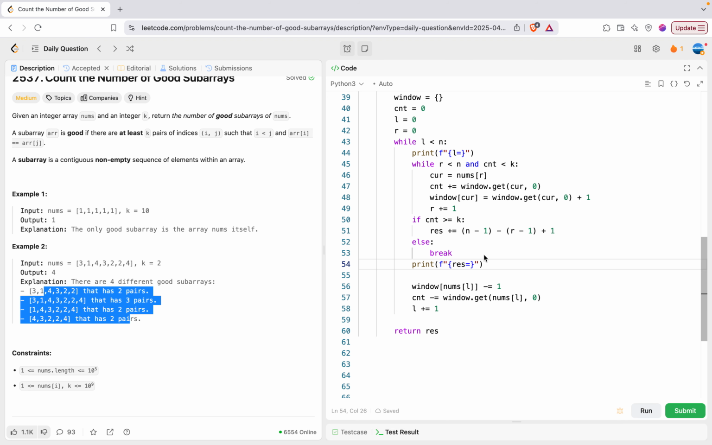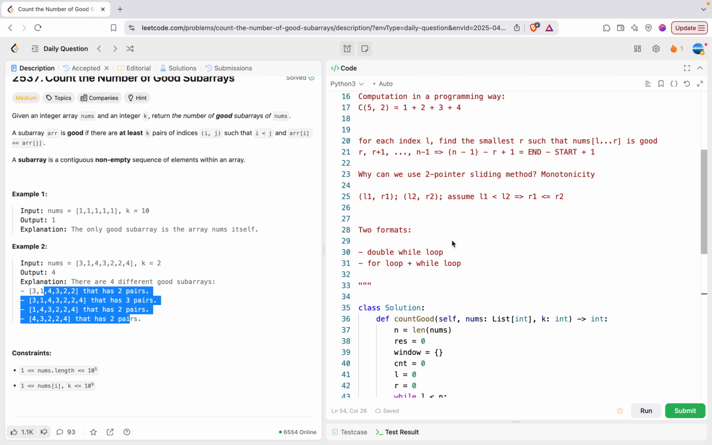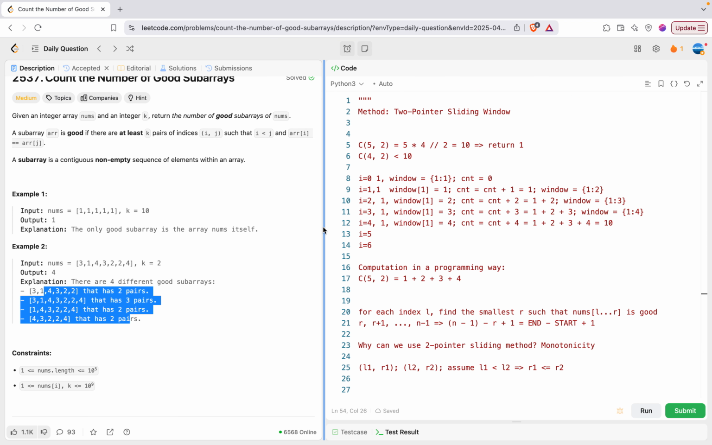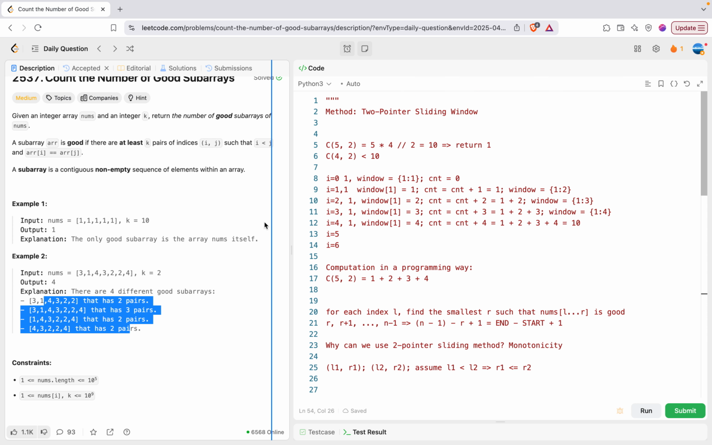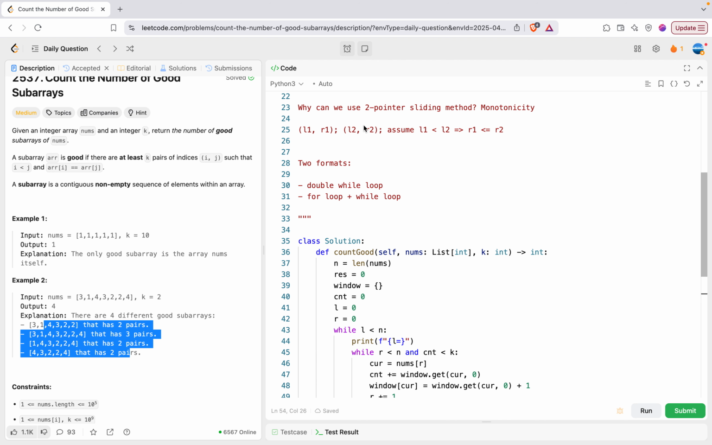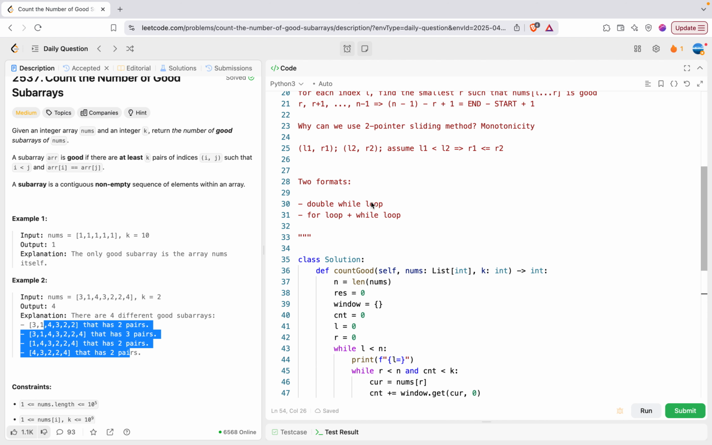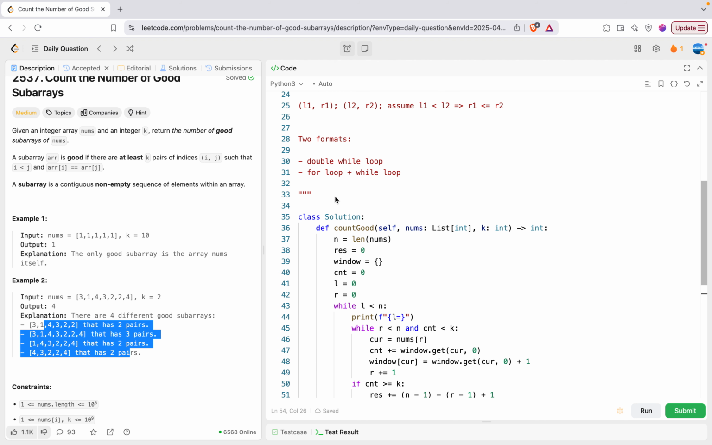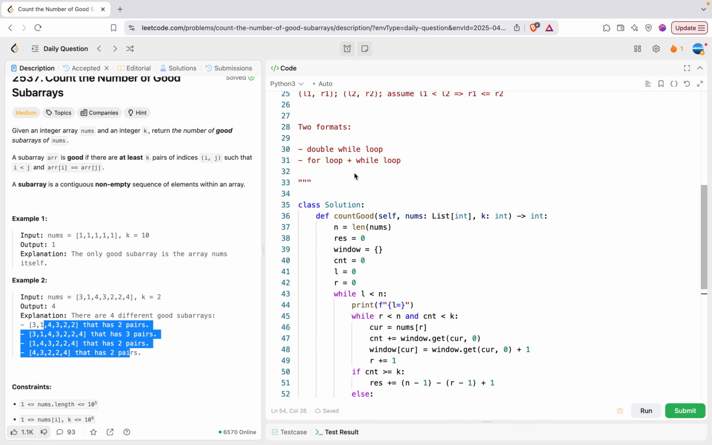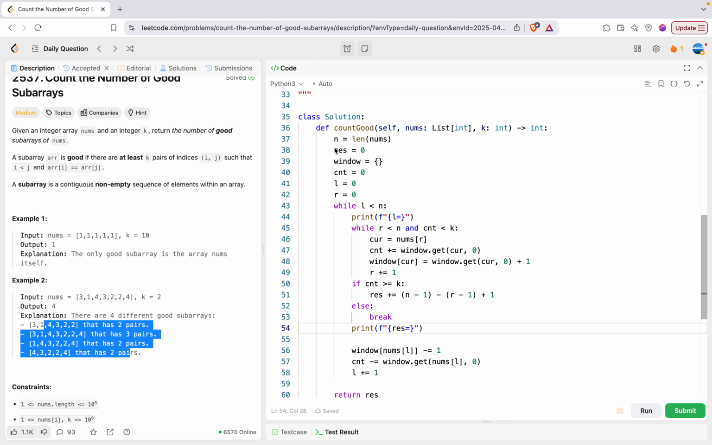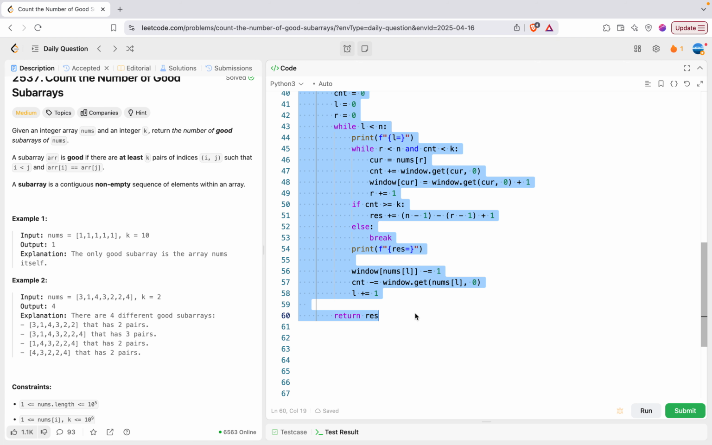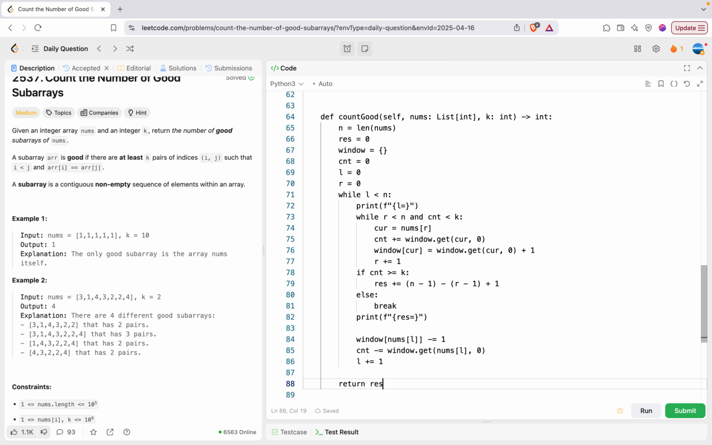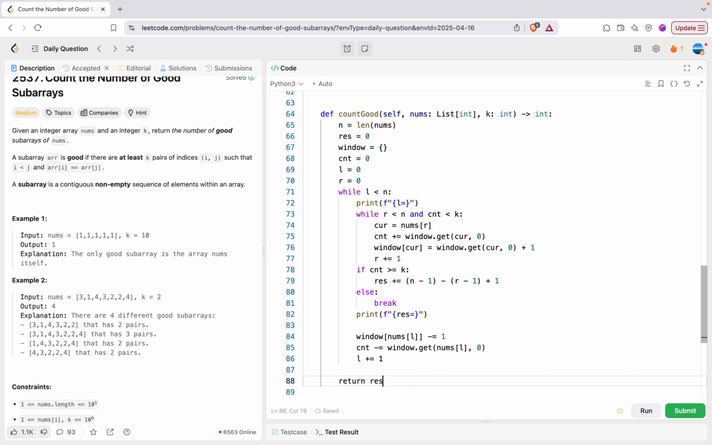So I guess that's it for the coding part. So actually, the last comment is that when you try to use 2-pointer sliding window methods, 2 things you need to pay attention to. The first thing is the format. So you can choose to use while loop, or you can choose to use for loop plus while loop. So here, maybe we can try to write one with a for loop. Let's see. So I'm going to call this one version v1, and then here let's write